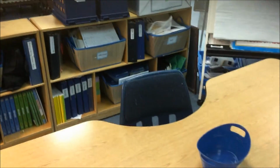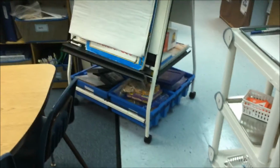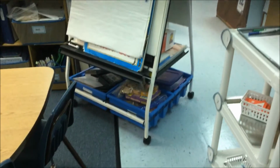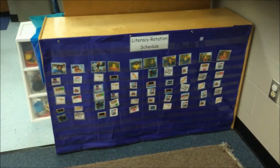I have it here, and I keep data sheets in that, so I can take data as I'm teaching. Once again, the easel has storage underneath, and so I just take advantage and cram it full of stuff. I have small dry erase boards, the games we're going to work on that week, any manipulatives that I need. I have, of course, chart paper. Over here, just different centers I have, and the morning we spend in literacy rotation, and that's our schedule, and